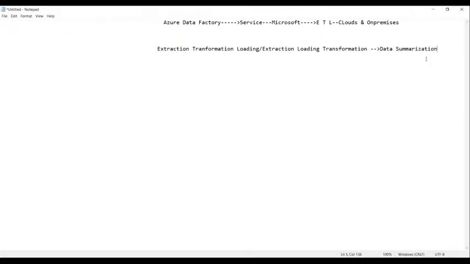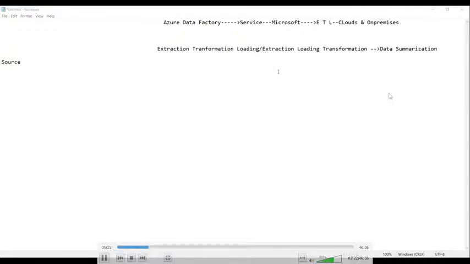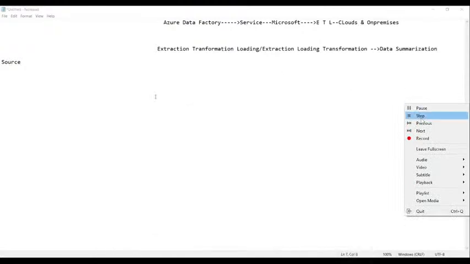Now, guys, for this process of ETL, we require three things: source, transformation, and target. First of all,